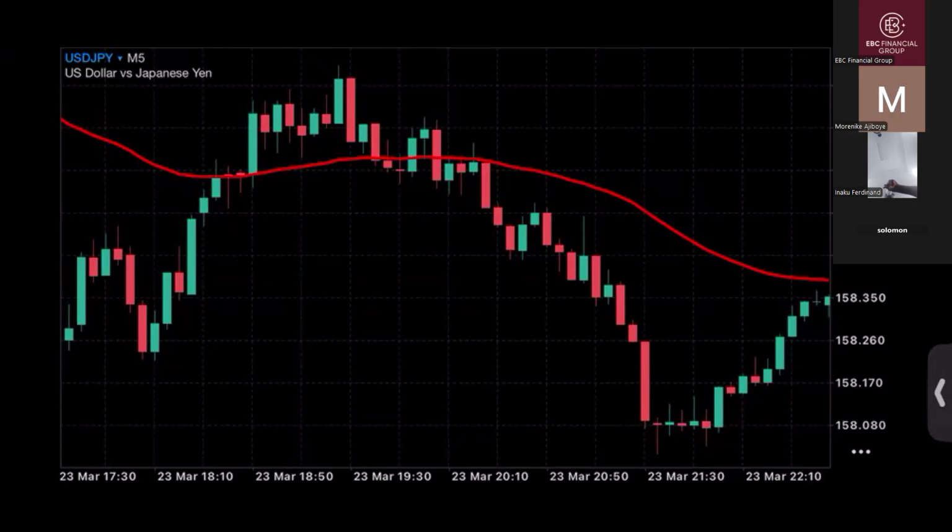Any questions? Now, tomorrow, we're going to be having more examples about this. We're going to be taking live trades on this strategy tomorrow. Before tomorrow, please practice this on your own, on a live account. Forget about demo. Just risk like $20. It's not going to be much. Like that USDJPY trade, what I was risking initially was not up to $1. So the risk is not really much.